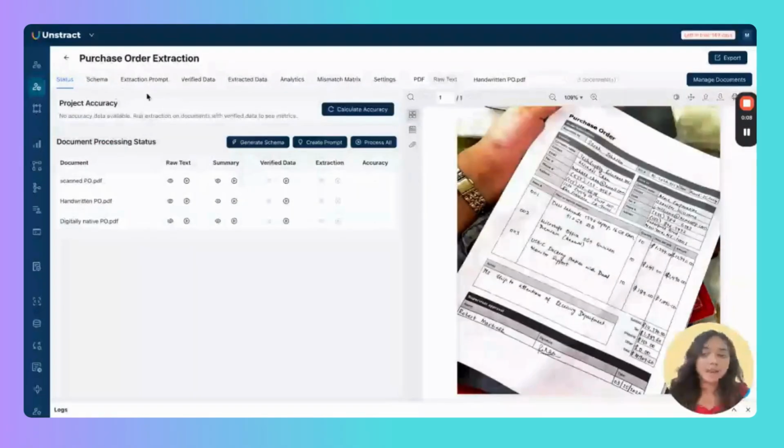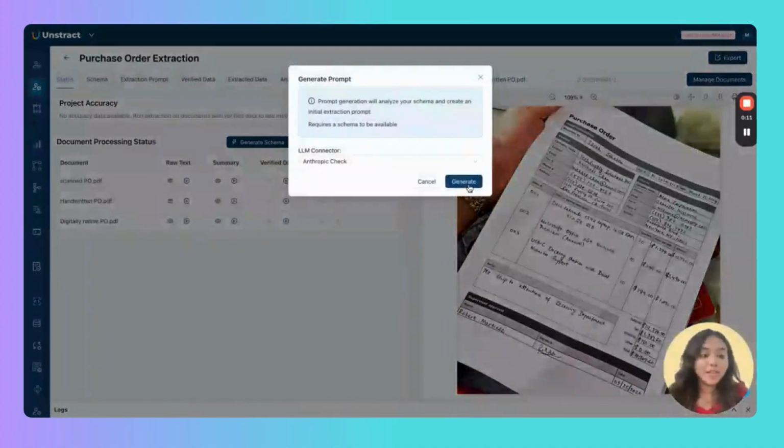So back in the status tab, click on create prompt and the system then triggers another multi-agent pipeline to generate a detailed 7-section prompt with various specifications for edge cases, output format specifications, field level guidance, and this process alone saves teams countless hours and days of manual effort that they'd have to pour into it otherwise. So, in just a few minutes, we'll see how the system generates a detailed prompt and how the project can be deployed in just a few minutes instead of spending countless days on prompt engineering.